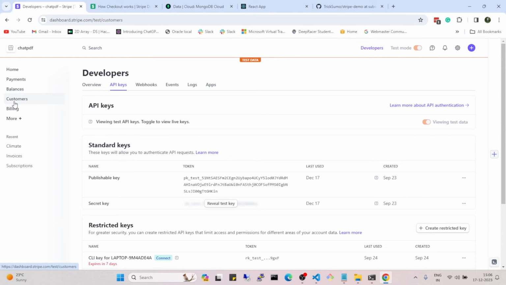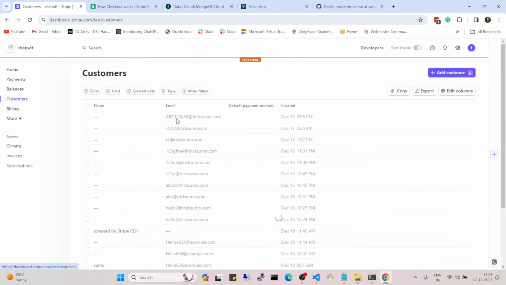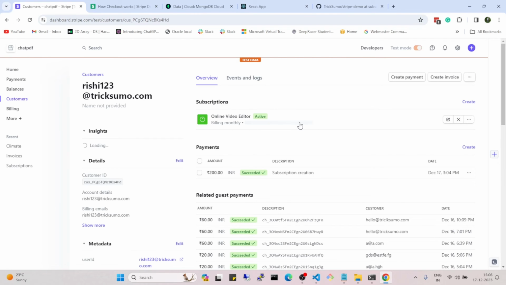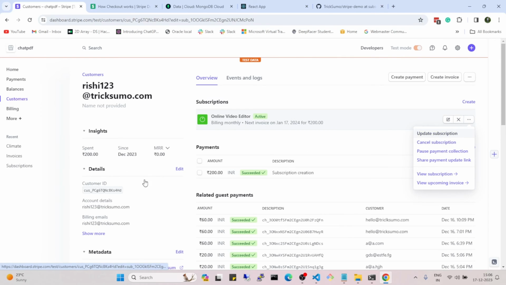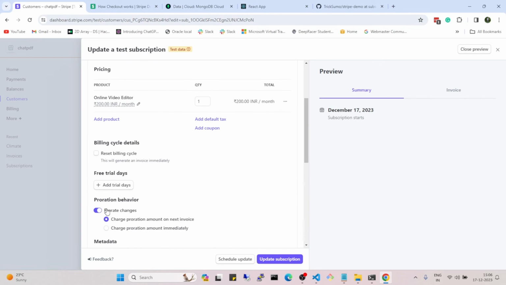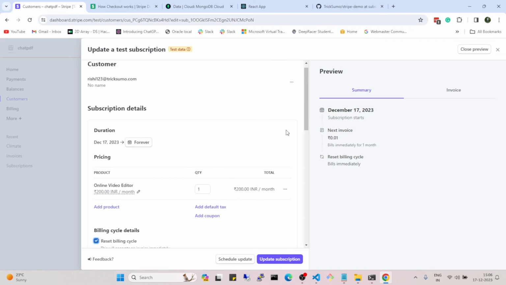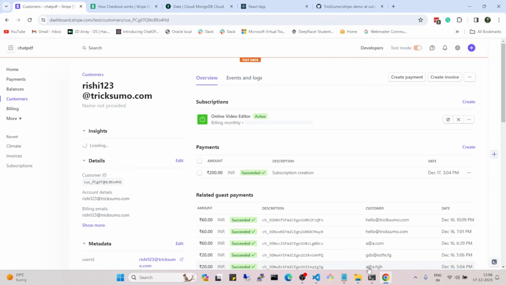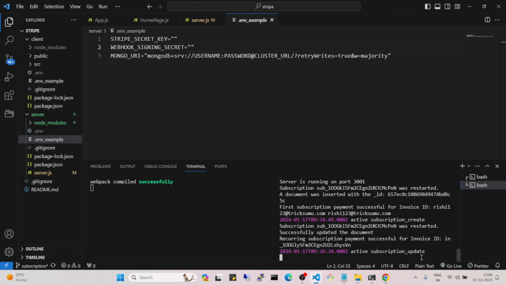For that I will go to customers, and the new customer which I had just created, this DC123, and in this customer I will go to update subscription, and there I will just reset the billing cycle. So it will be equivalent to a recurring subscription, and it will trigger the part which is responsible for recurring subscription. So I will update the subscription, and now if I come to the code,